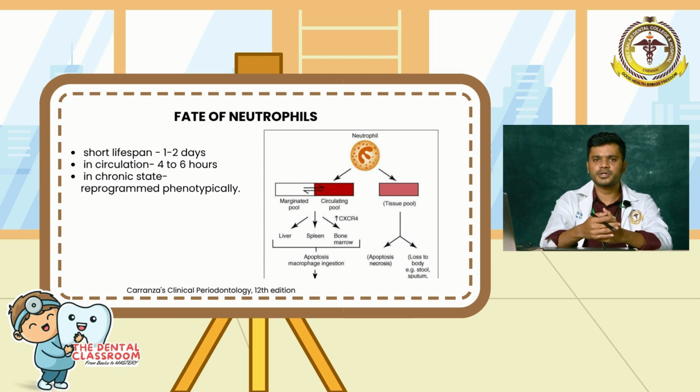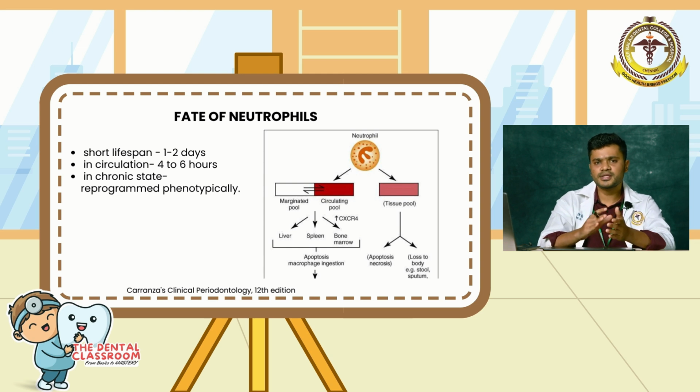Another important thing in this fate of the neutrophil is that in circulation the neutrophil stays for around 4 to 6 hours, whereas in periodontitis or any other chronic inflammation stage, the neutrophils will have a reprogrammed phenotype activity. What is this neutrophil reprogrammed activity? Normally the neutrophil will stay for 1 to 2 days, or in circulation around 4 to